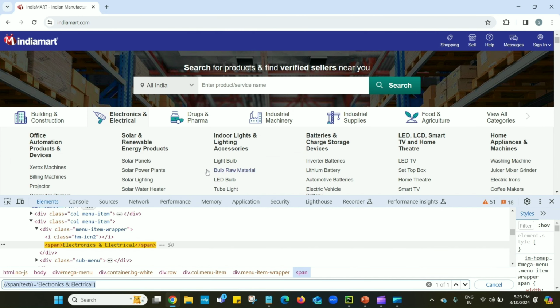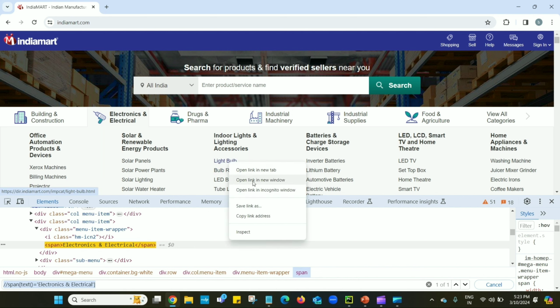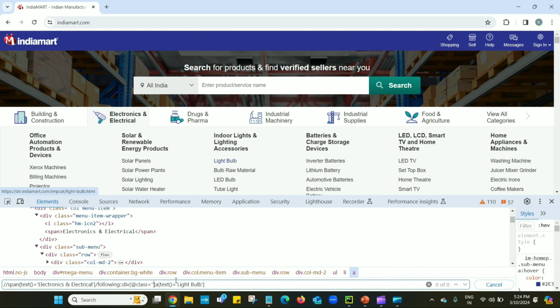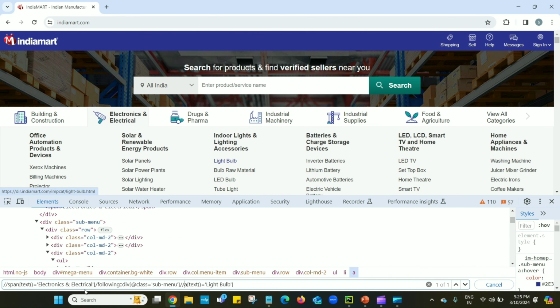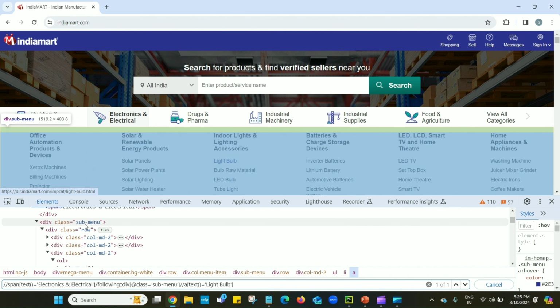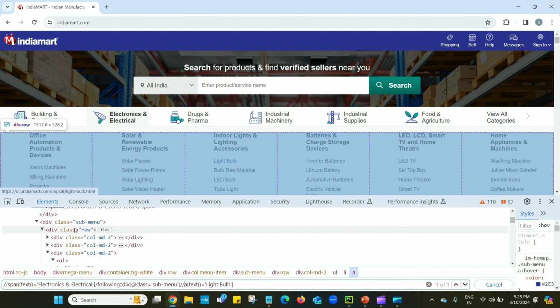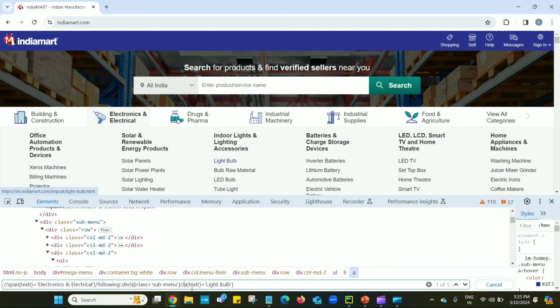Next, I will find the XPath for this light bulb. Now we can see this is the XPath for this light bulb link. After finding this Electronics and Electrical link, there is a following div with class submenu, which will highlight to open the submenu panel, then the anchor tag with light bulb.